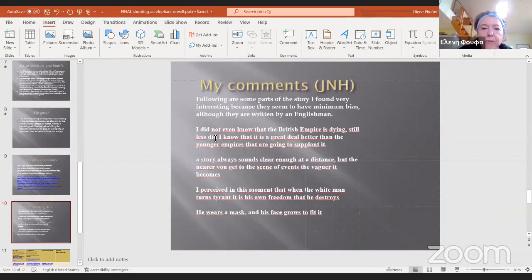Here are some of the quotes by Orwell. "I did not even know that the British Empire is dying. Still less did I know that it is a great deal better than the younger empires that are going to supplant it." Well, we know that there are empires that have come after the British Empire. I'm not sure that the British Empire is really dead, but maybe in one form it is. But he doesn't tell us much about who he's thinking about,